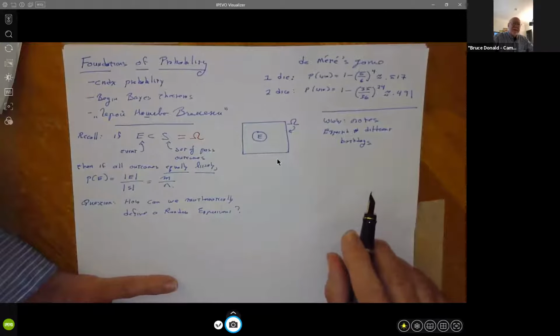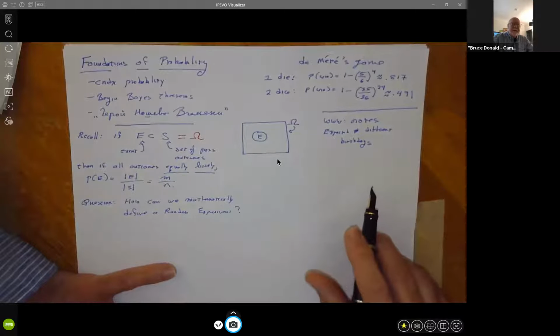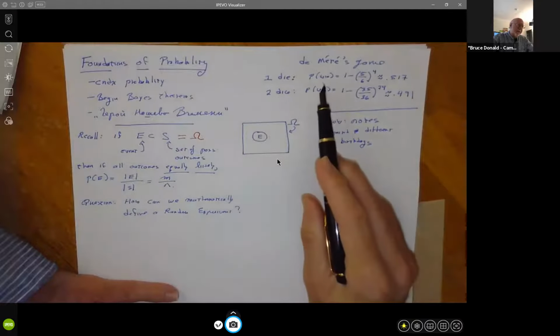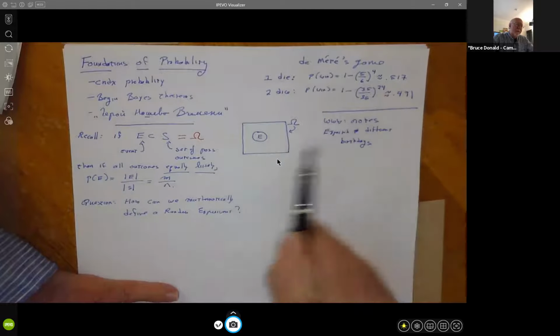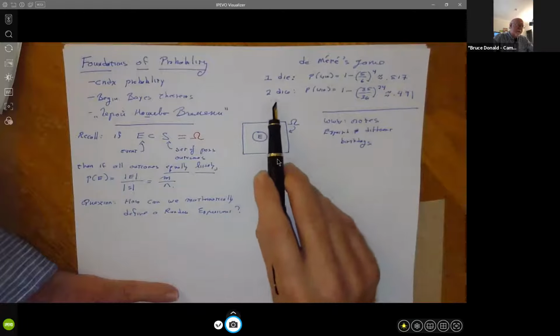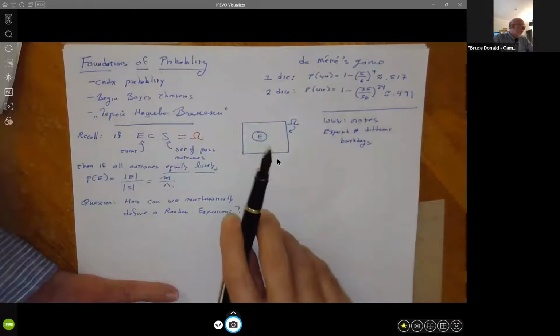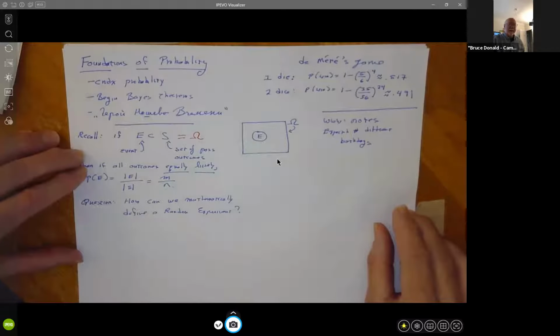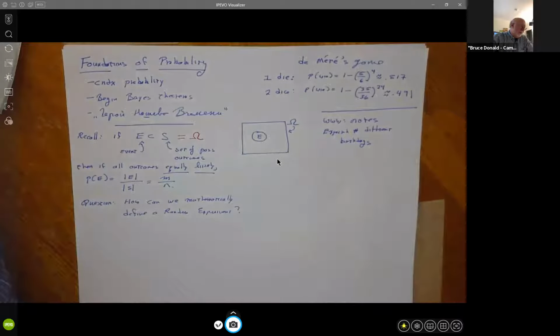And using this, we can do some rather precise calculations. For example, we can look at De Méré's game with 1 die or 2 dice, and we can correctly calculate the probabilities. The probability of winning is this formula here, about 0.51, 51%. The probability of losing with the 2 dice game is about 0.49. And now we can see an application of probability beyond the mathematical sciences to actually history. One thing that was claimed is that De Méré was a terrible drunkard and an awful gambler, who gambled all the time. We can't say anything about his drinking from the mathematical record, but we can make a conclusion based on these probabilities to verify that.